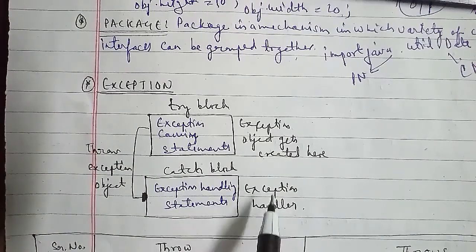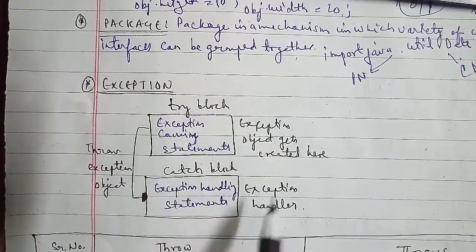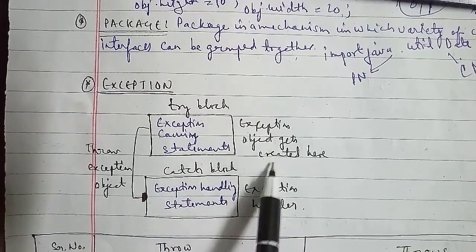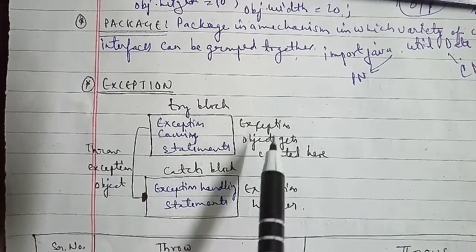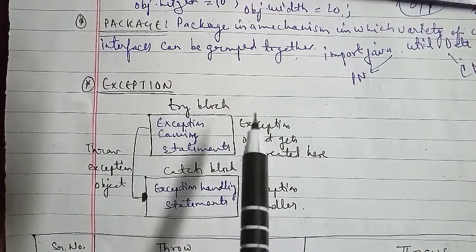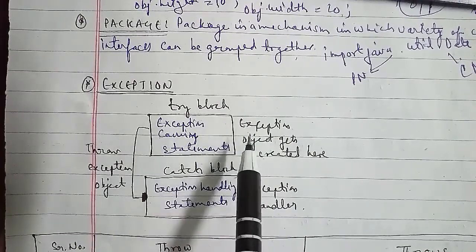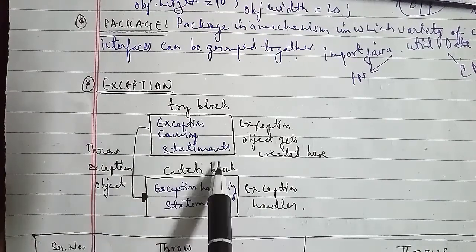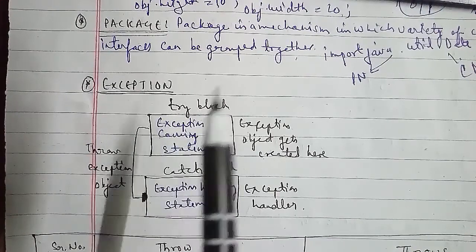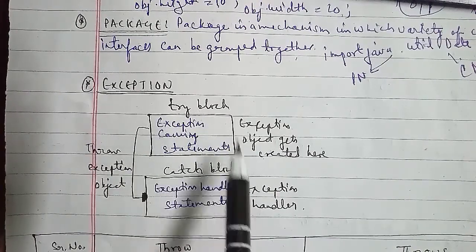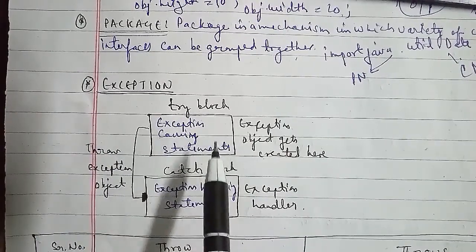An exception is an unusual condition that can occur in the program. The exception handling mechanism allows the programmer to handle a runtime error situation gracefully without crashing the program. The statements that are likely to cause an exception are enclosed within a try block, and for these statements the exception is thrown. There is another block defined by the keyword catch, which is responsible for handling the exception thrown by the try block. As soon as an exception occurs, it is handled by the catch block, and the catch block is added immediately after the try block.